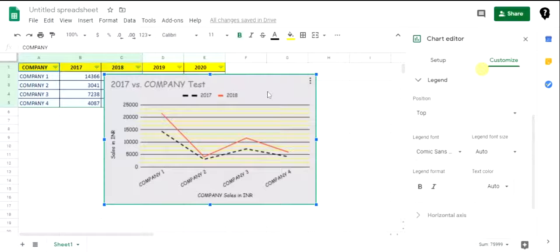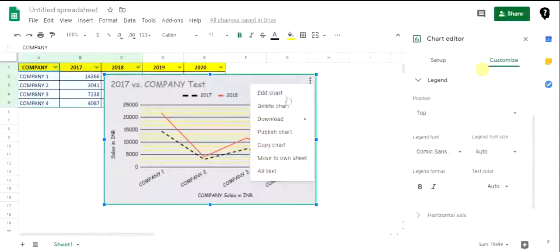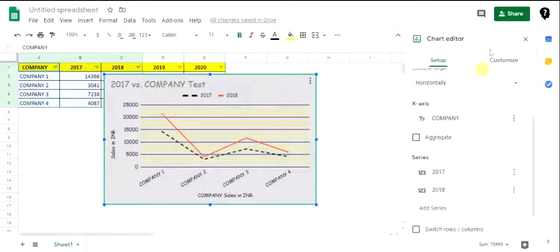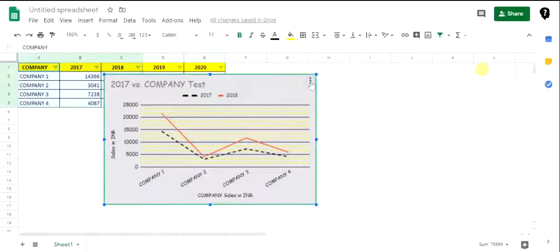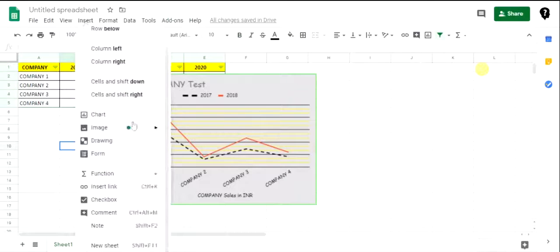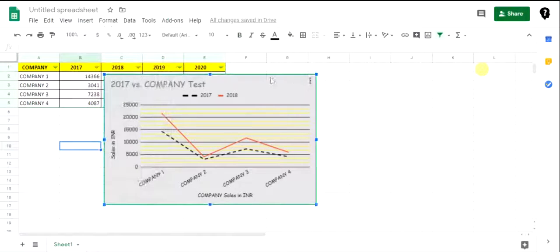Then we have these three dots on the top. I click on that and, for example, we have closed this. Now I can double click on the chart to make that appear, or I can click on the three dots and click on edit chart, delete chart, download, and access these options. Okay. So I believe you are through with the charting command. I will make another session on the chart. This is just for our tutorial purpose.